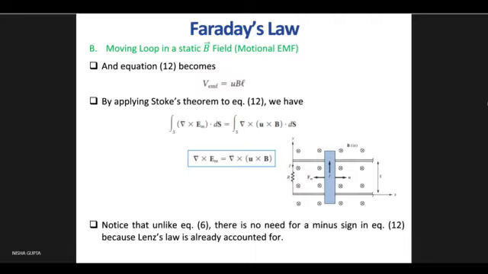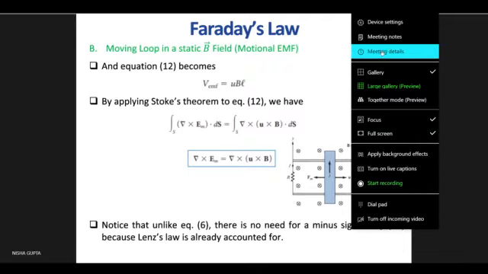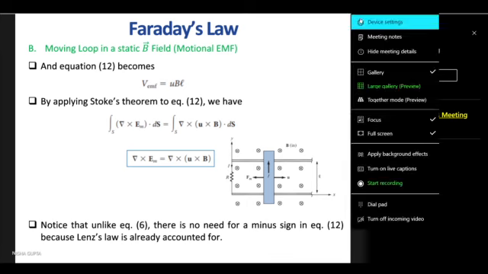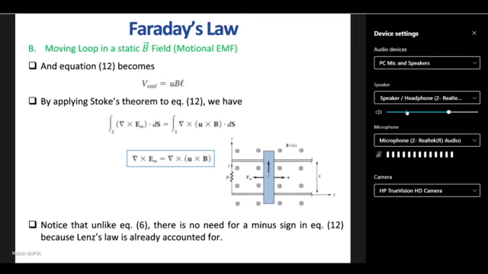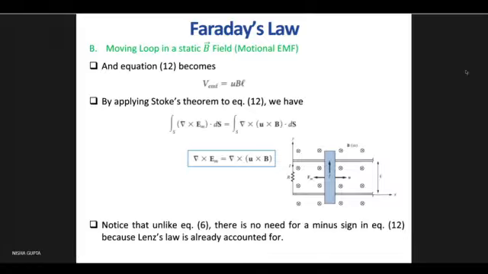So you can see that for different positions of this rod, the loop area will be different. So we can say that it is a moving loop with a static B field. And the static B field is represented by this cross sign, which is the direction of the field perpendicular to these rails. So now what we get is VEMF as integral of U cross B dot dl.